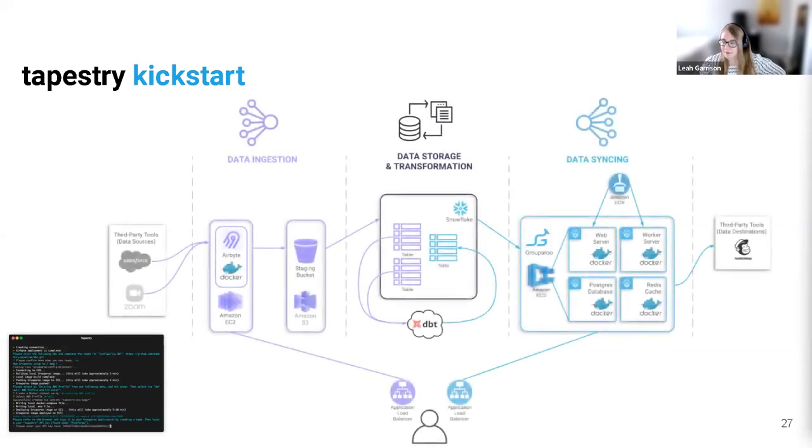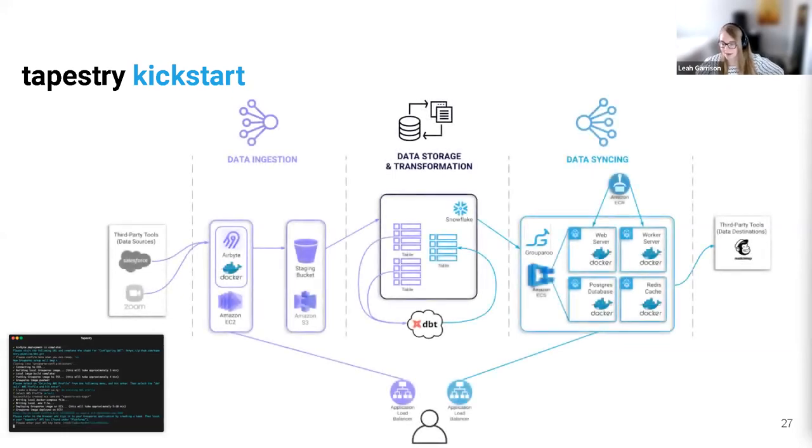Tapestry uses the CloudFormation template supplied during the init command to create a CloudFormation stack, provisioning AWS resources specifically related to your ingestion tool, such as an S3 staging bucket, an EC2 instance for the tool to run on, and an application load balancer to route traffic to that EC2 instance. The ingestion tool is then configured to extract certain data from your Zoom and Salesforce accounts and send it over